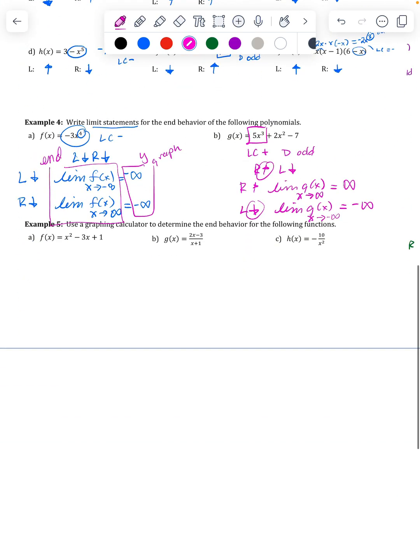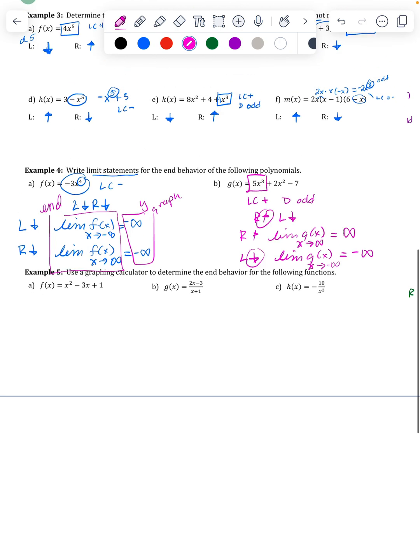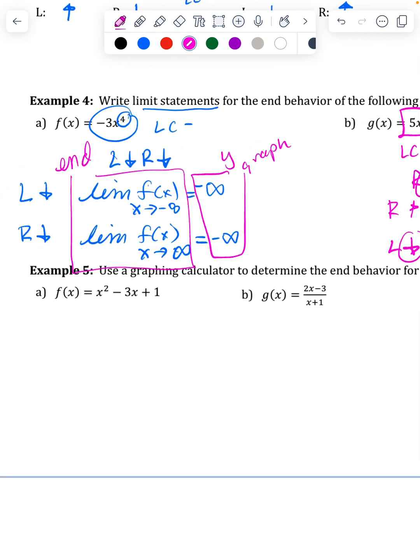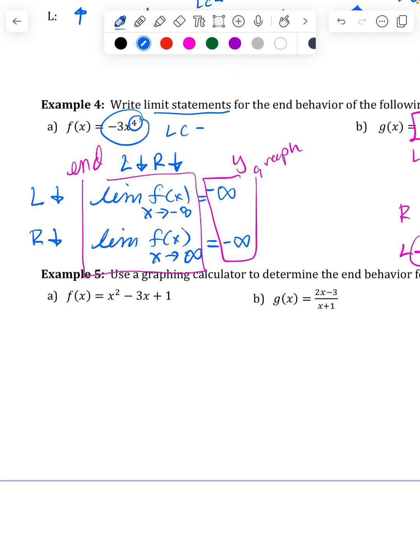All right, this one is going to be something that you'd have to do on the graphing calculator part of our test, so make sure that you are able to get these graphed. I would recommend that you stop the video and graph each one, and then make sure that what you see is what I have. So if you do this, type it into y equals. Make sure you're using the x, t, theta, n button for your x, and then just do four for a